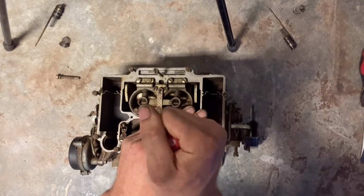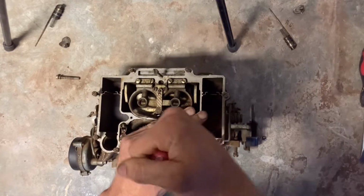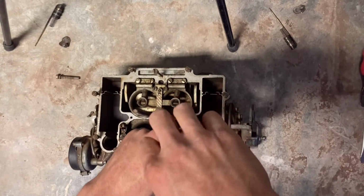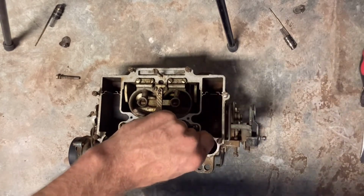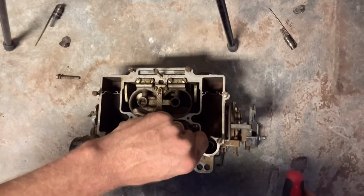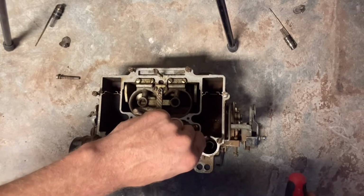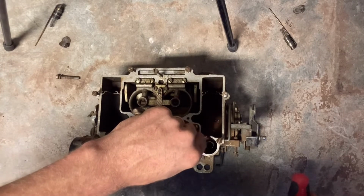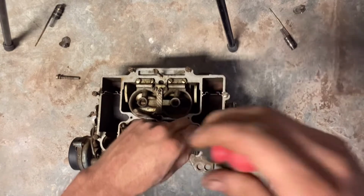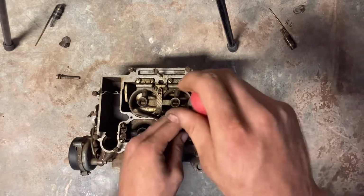Now that we're on to our primary venturies, these aren't super difficult to remove. They can be tight, so be careful you don't strip the screws out or anything like that. That'd be a pain. But you take the 2 screws out, and then you just need to very carefully remove